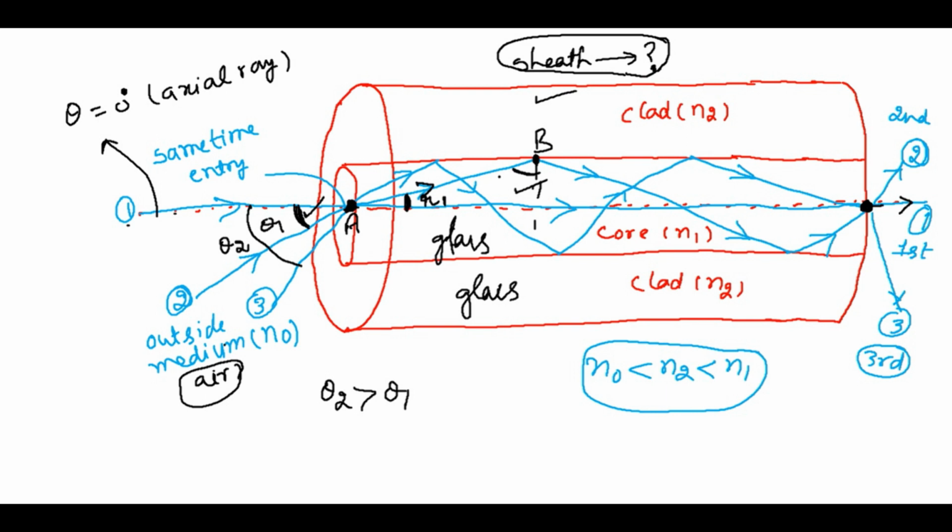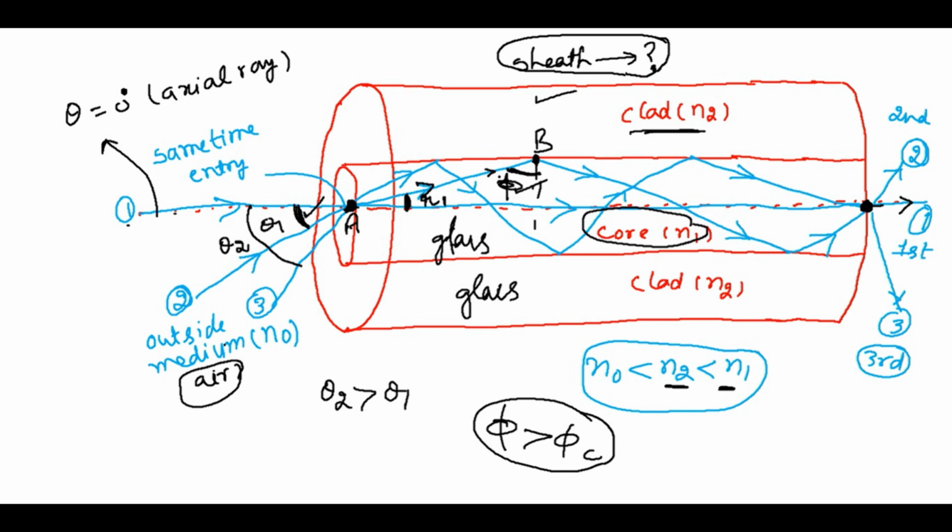This is okay. You see this ray at point B, it is coming within the core. So the core has refractive index N1 and the outer medium at B is clad. Its refractive index is N2, and please see that N2 is smaller than N1. So the first condition is satisfied, that the ray must be traveling from denser to rarer. Now assume that this angle, which I have shown by this black arc, let us say this angle is phi, and this angle is greater than the critical angle. So phi is greater than the critical angle. Therefore the second condition will also be satisfied.